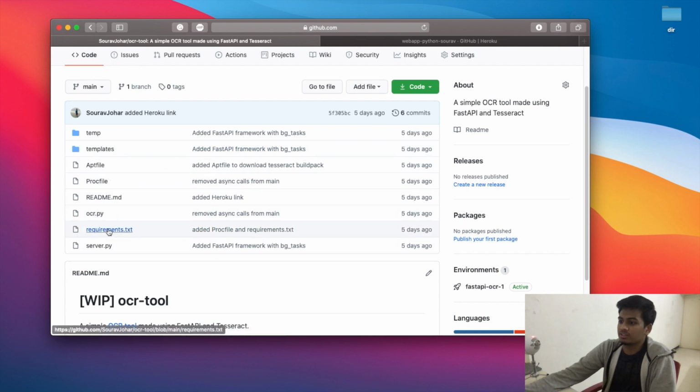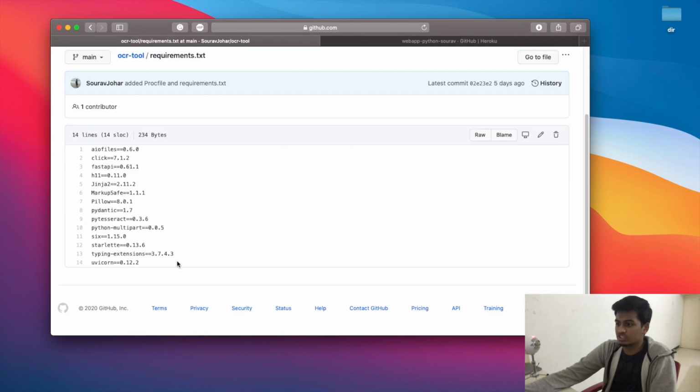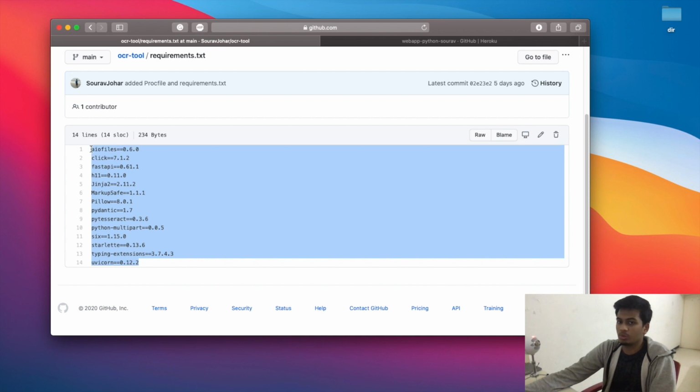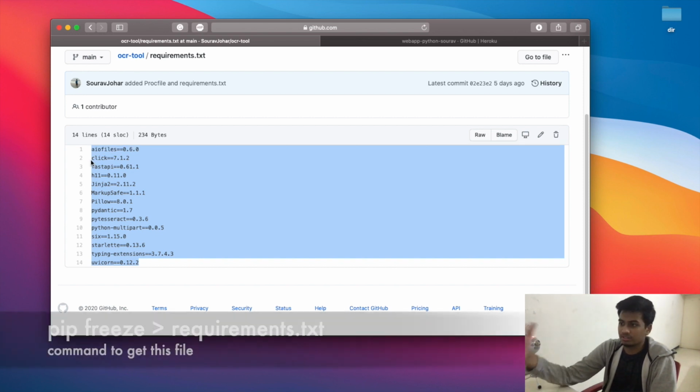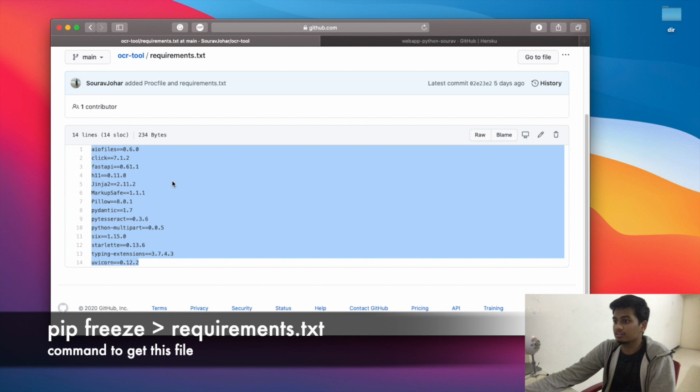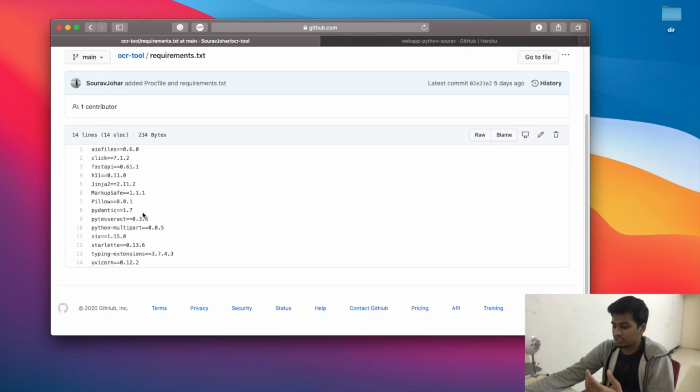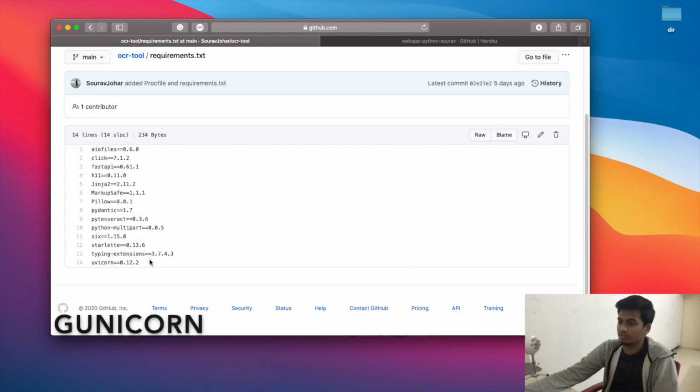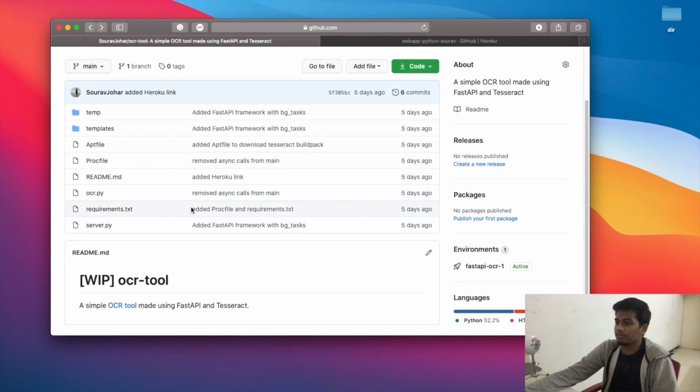In your repository, you need to have a requirements.txt which lists all the libraries required by your application to successfully run it. If your application is a Flask application, it is recommended that you have gunicorn in your requirements.txt as well. If your application is, say, FastAPI like mine, then you need to have uvicorn in your requirements.txt. These programs are basically web server programs which you can use to deploy your web app onto production.